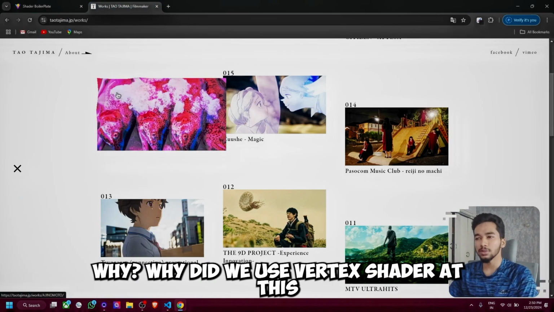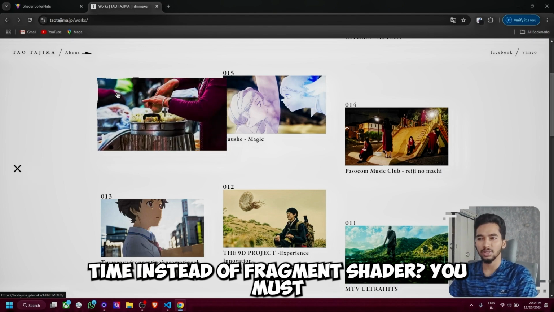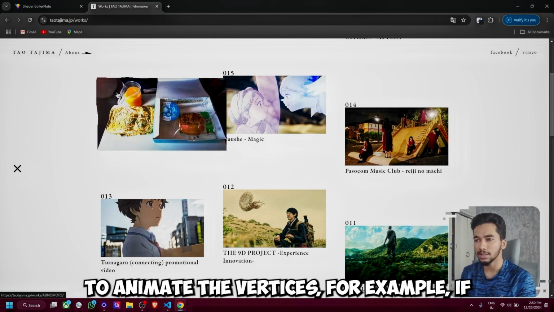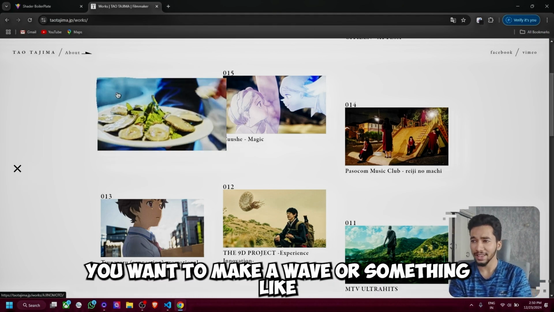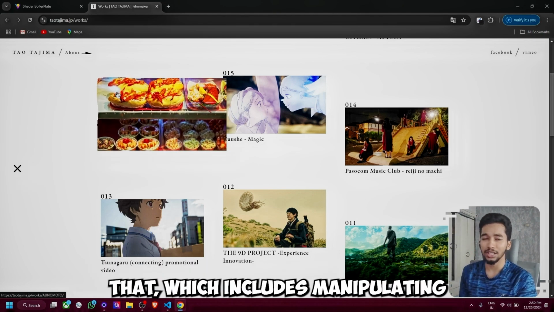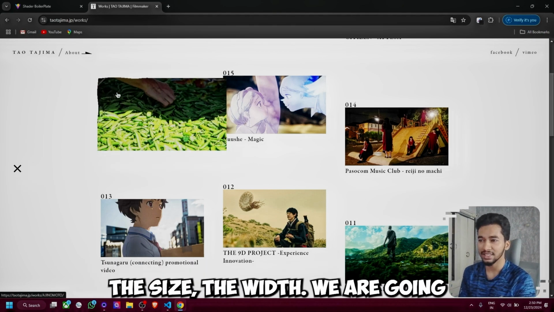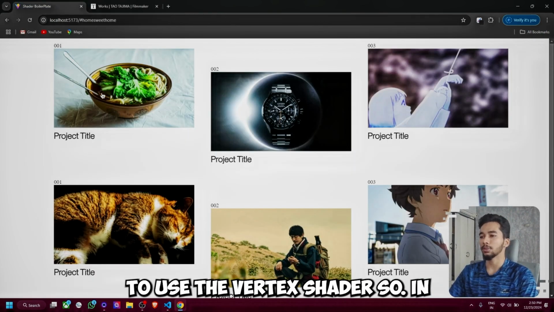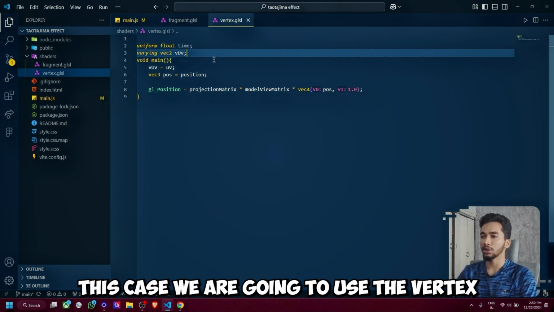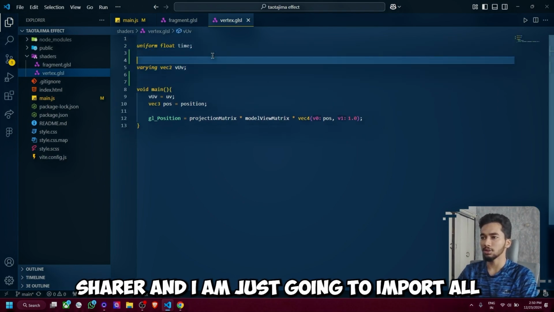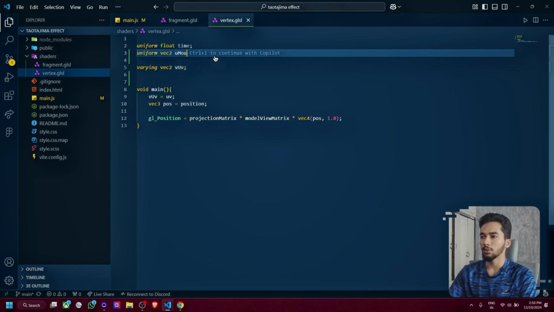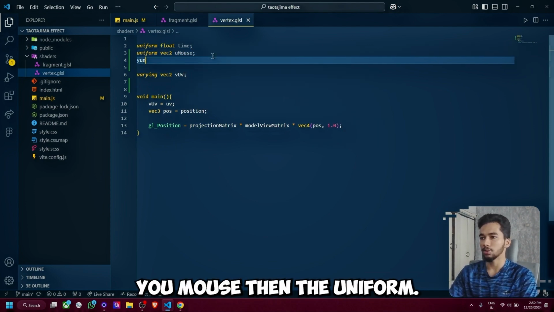Why did we use the vertex shader this time instead of the fragment shader? You must be wondering that, right? If you want to animate the vertices, for example, if you want to make a wave or something like that, which includes manipulating the size, the width, we are going to use the vertex shader. So in this case, I'm just going to import all the uniforms, which is vec2 uMouse, then the uniform